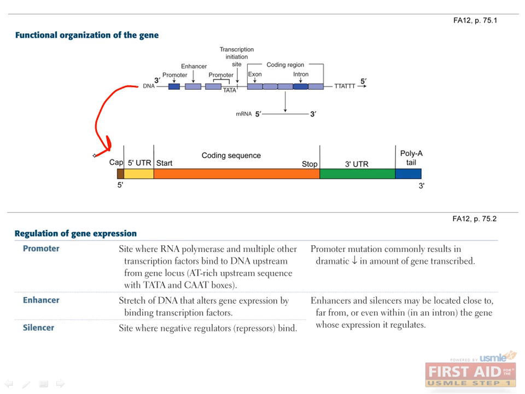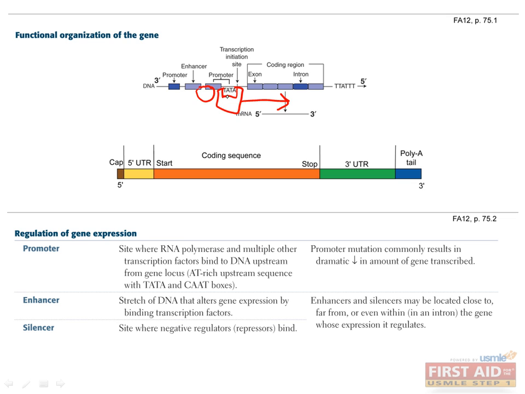Let's take a step back to see how this mRNA came from DNA. I'll cover two facts from the book here, both on page 75. Genes have a few parts to them at the DNA level. At the 3' end of DNA, which will be the 5' end of the mRNA that's being made, there are promoters and enhancers. Generally, promoters are within a few hundred base pairs of the transcription start site, whereas enhancers can be tens of thousands of base pairs away. Both are mostly upstream from the transcription start site, but they can also be found in the coding region, usually in introns. Transcription factors and other regulatory molecules can bind to specific sequences in the DNA to regulate transcription of